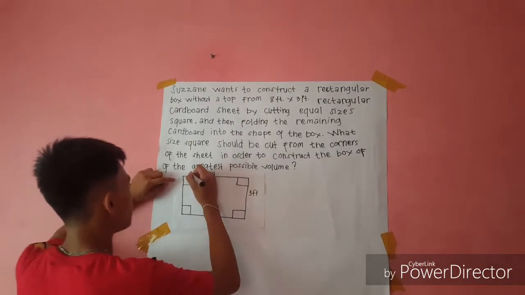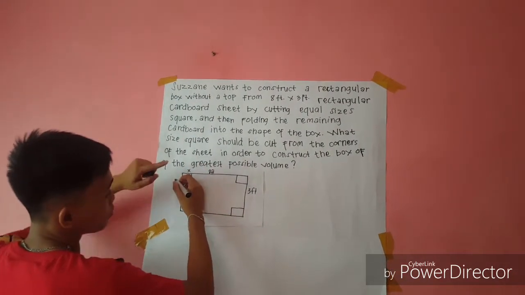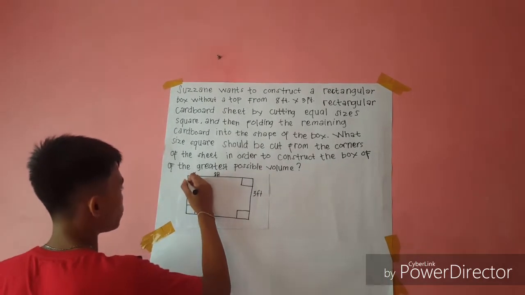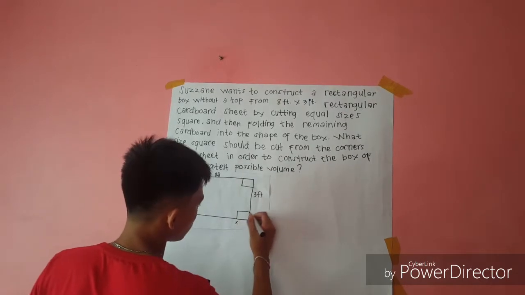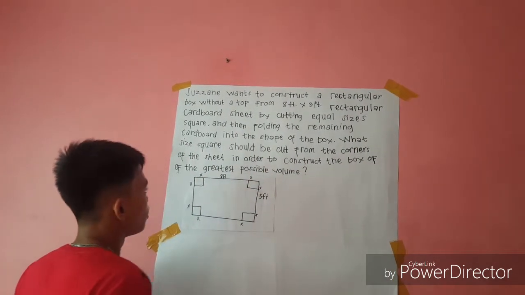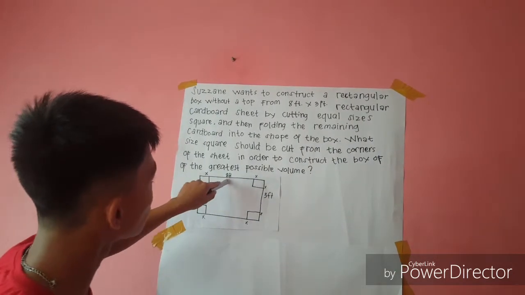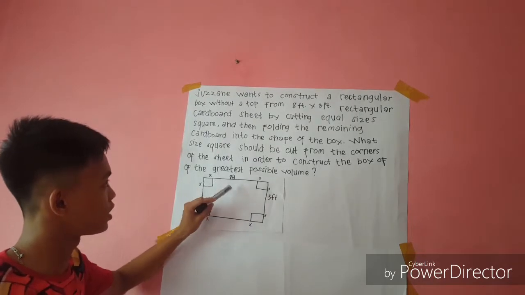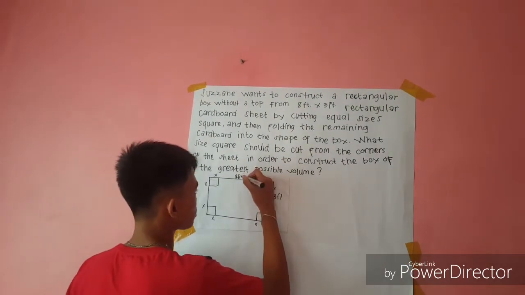I'm gonna put x here to indicate the square that is cut from the cardboard. So I'll put x here. And the original size of the length is 8 feet, and we're gonna put here minus 2x